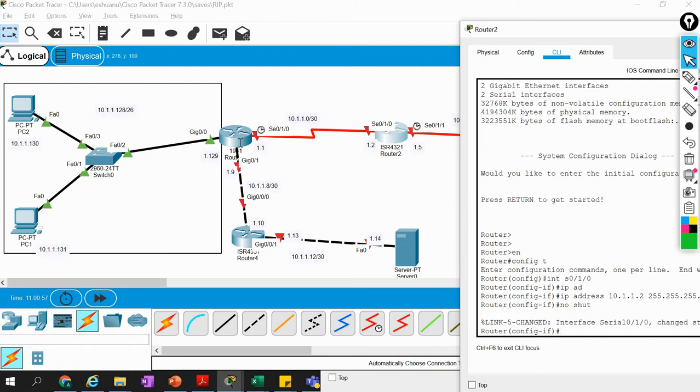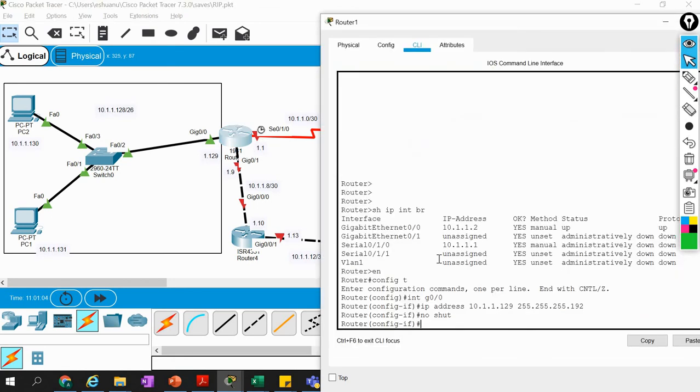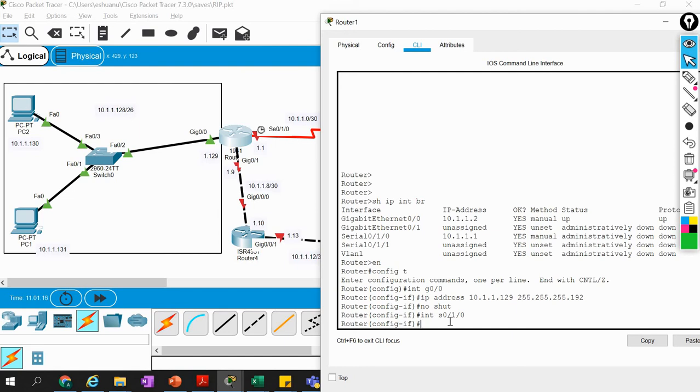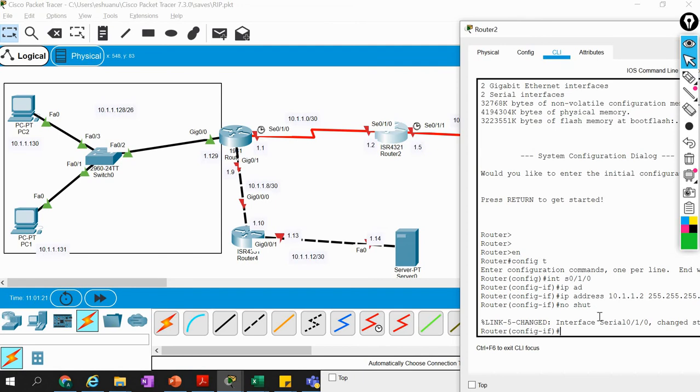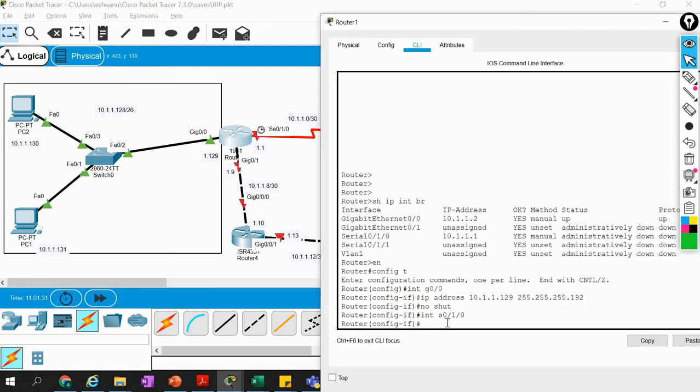I think I have to change the subnet. I have not changed the subnet of this 1.1, that is a 255.0. So I have to change it as well, otherwise they will not communicate to each other because they belong to different networks, right? So interface S0/1/0. I think that's why they are not up. Or let me check, that will be a good example. I have given no shut, but they are still showing in red color, which means they are not communicating. Let me change the subnet mask.